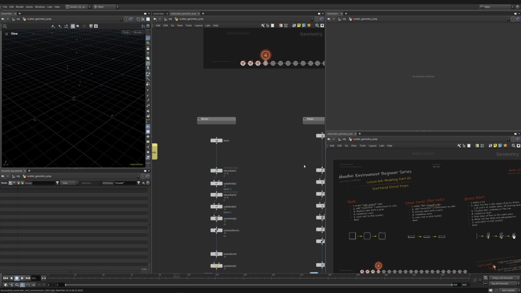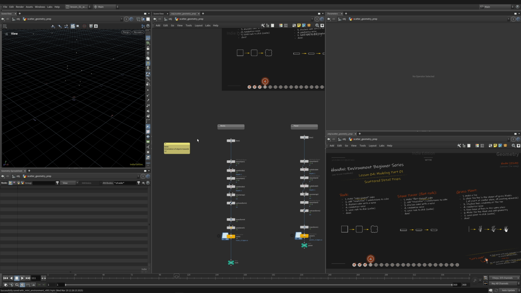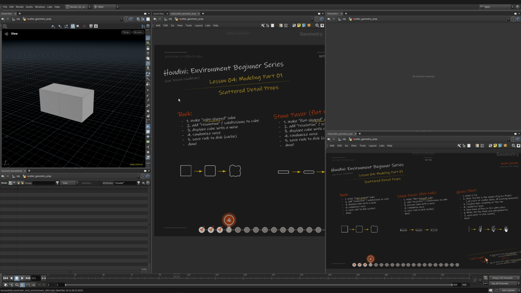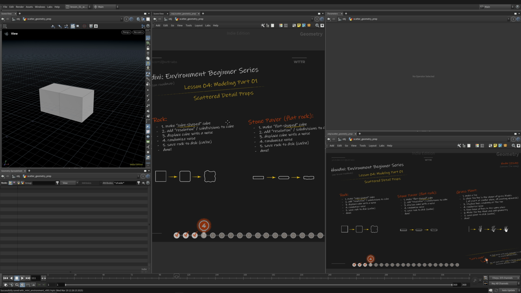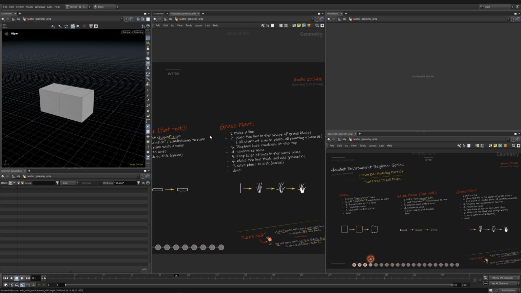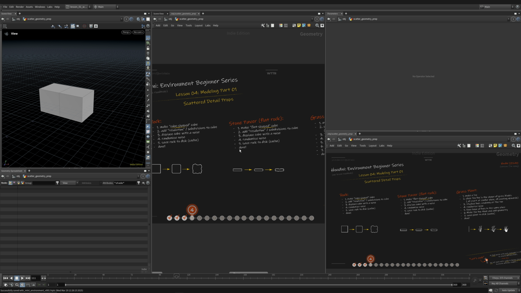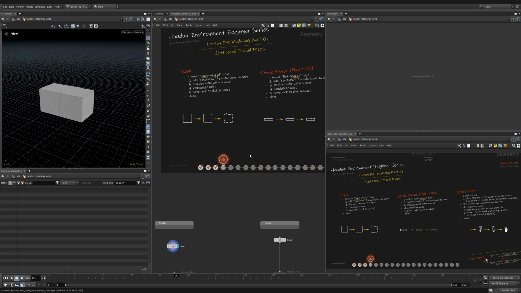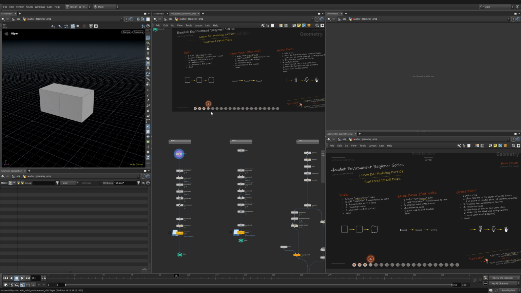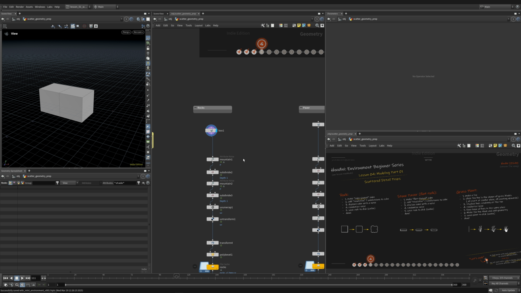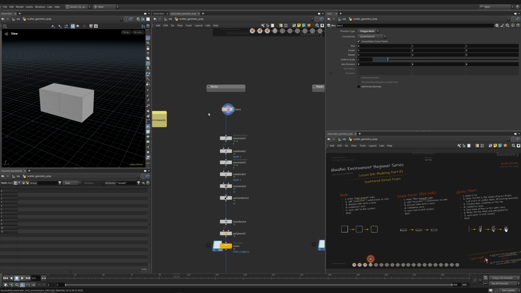So let's get going. This one is going to be a quick introduction to the modeling of each of these shapes for the rock, the stone paver, and the grass plant. We're going to walk through pretty much node by node what everything will do, and then maybe make a few changes, but maybe come back later in videos to add a new prop. So firstly, to start with the rocks, all it is a box,